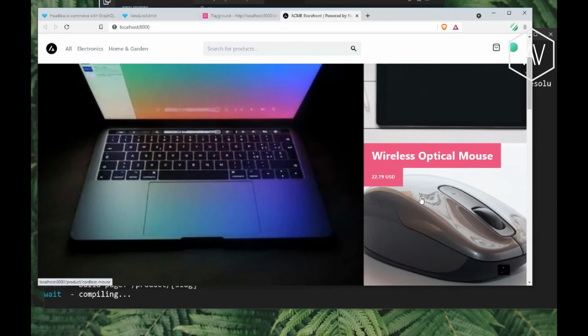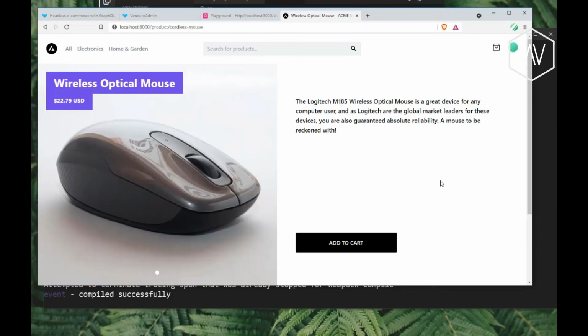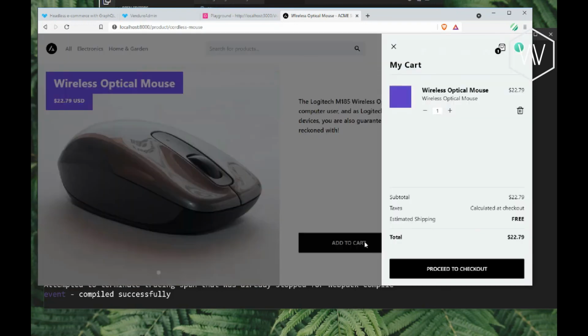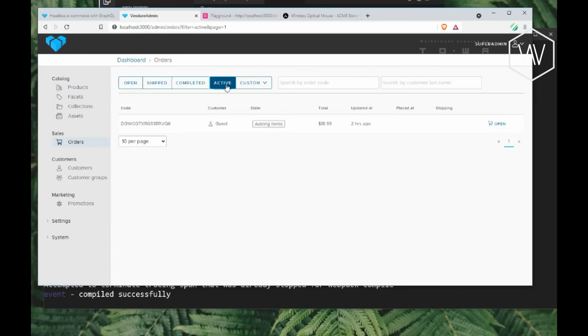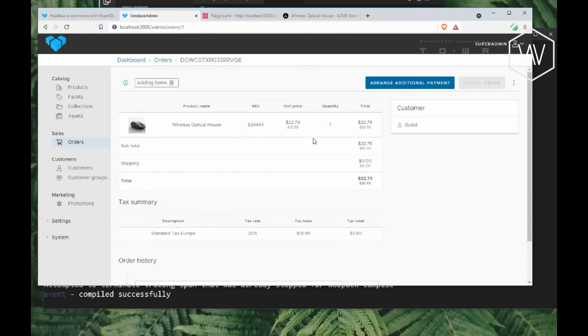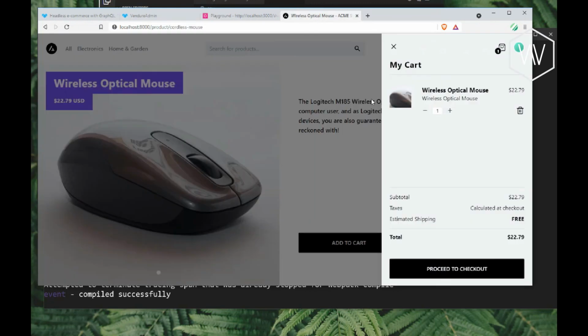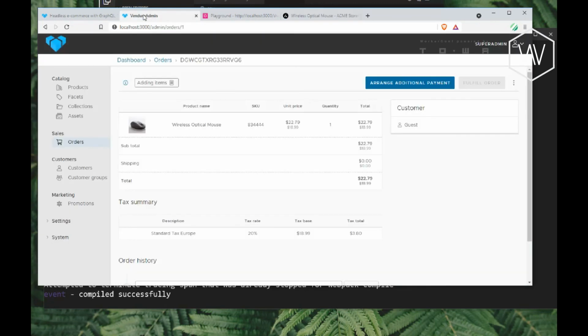Let's buy something. That mouse looks kind of nice. Okay, let's add that one to the cart. That looks good. So we have it there in our cart. And now let's just verify that it's all actually hooked up as we expect. If we go back over to our admin dashboard and look in orders, active, we can see right here that our mouse is right there in an order. Let's just double check that. Let's change the quantity to 2, refresh,